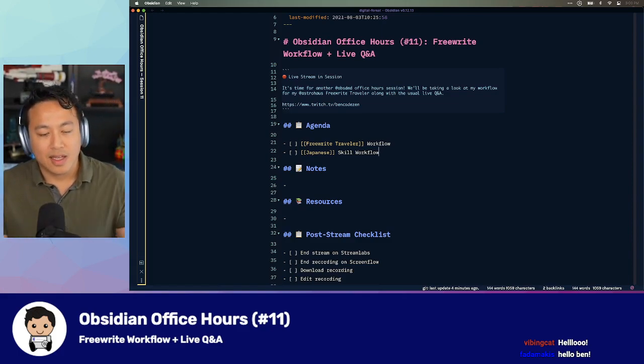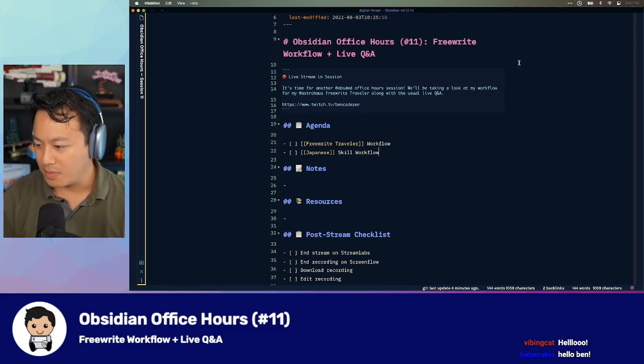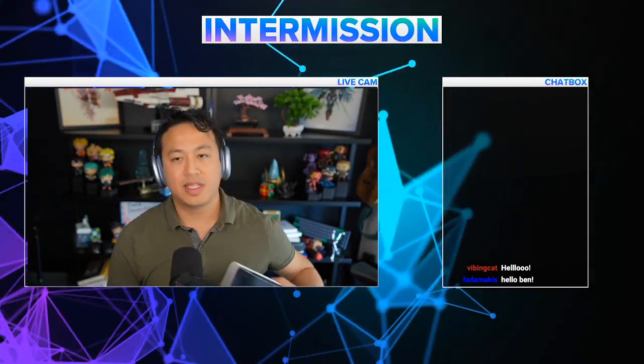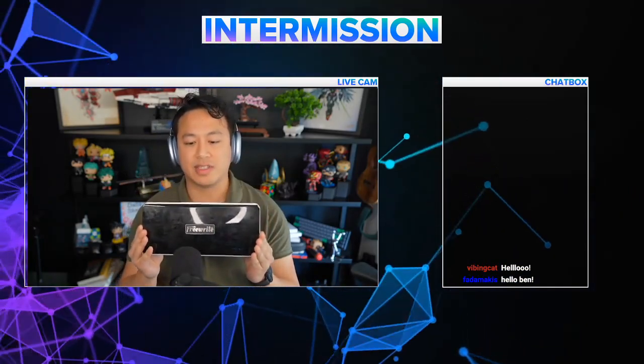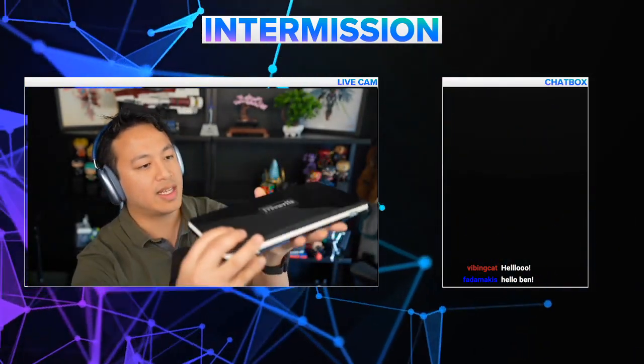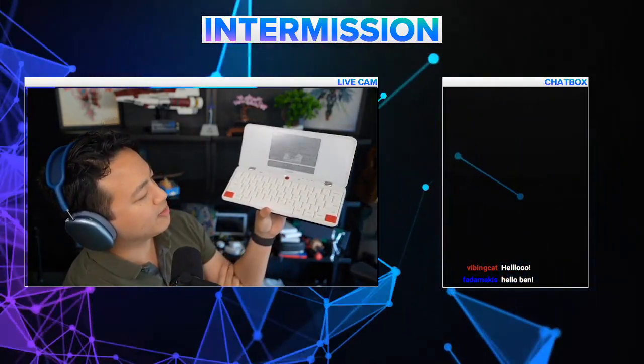So first things first, the Freewrite Traveler, what is it? Let me go to the intermission so I can get a full screen. All right, much better. So here I have my Freewrite Traveler. Oh, I realized I just covered the mic. Okay, so I have my Freewrite Traveler right here, and it is basically a glorified mini